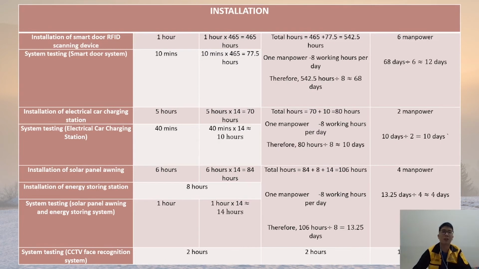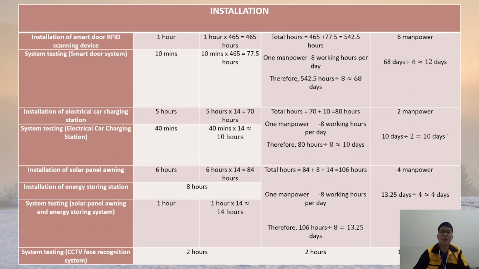Next, installation. There are a lot of installation activities. I just take 2 examples, like installation of the smart door RFID scanning device and system testing of the smart door system. For installing the smart door RFID scanning device, it might take 1 hour to install 1 device, and a total of 465 devices might take 465 hours. And each device might take 10 minutes for system testing,